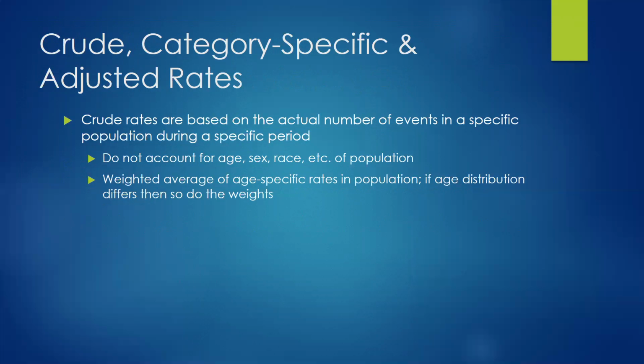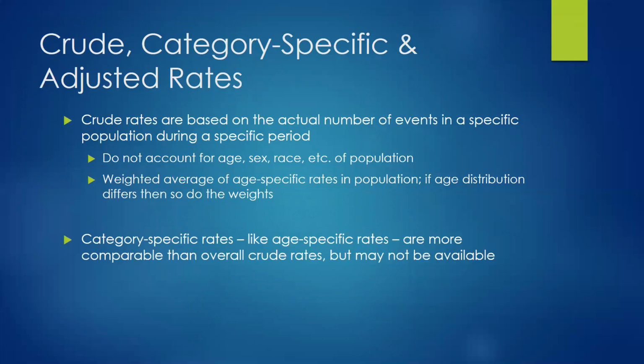So crude rates, as we said before, are just as it occurs. And they don't account for differences in the underlying populations. They're essentially just a weighted average of whatever age-specific rates are occurring in that population. So if the distribution of age differs, then the weights do too. So one way we can get around this problem with crude rate comparisons is by using category-specific rates. So for example, age-specific rates. So we might compare the 0 to 4 mortality rates in the US to those in Syria and to those in Japan. And that would be a more fair comparison than comparing the overall population mortality rate because it's a narrow category, and so the